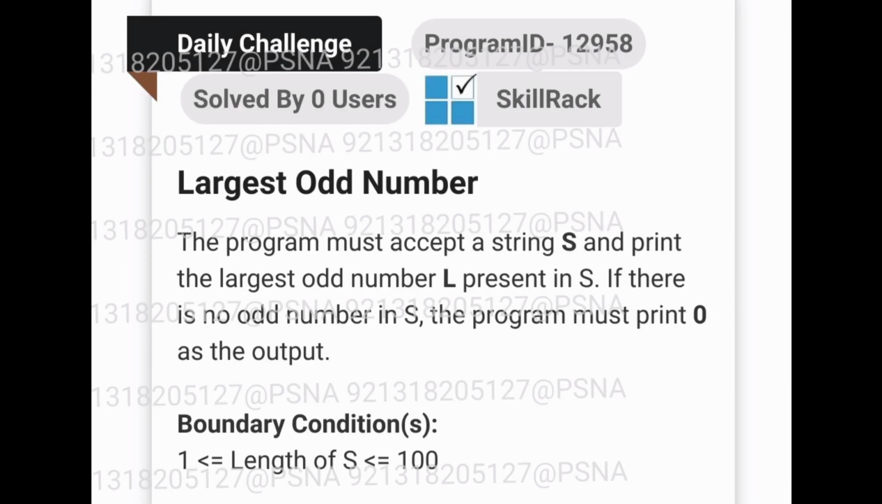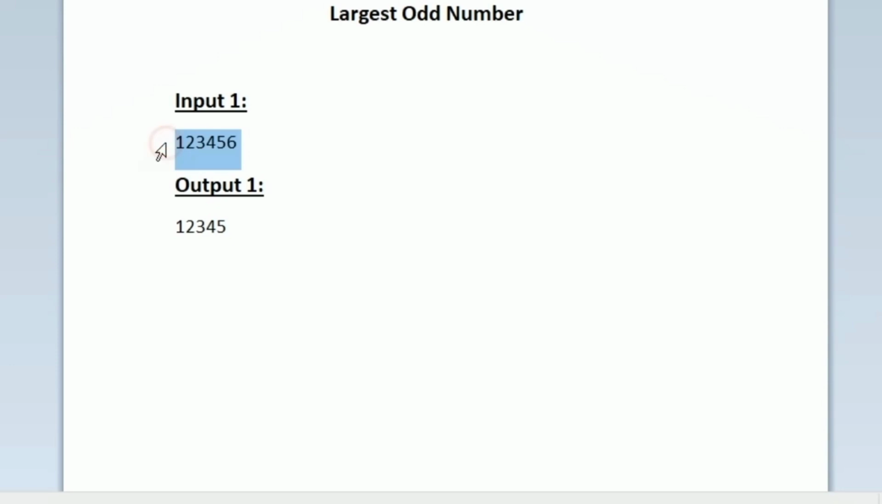This is the question asked in today's SkillRack daily challenge. In the first line of our input, we are given an integer, and it is given in the question that we have to accept our input in a string format because the length of the input can be up to 100. So it will not be possible to store a 100-digit integer into data types like integer or long. So that is why it is given in the question that we have to accept our input in